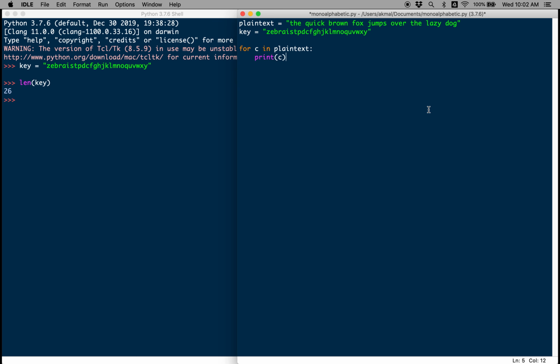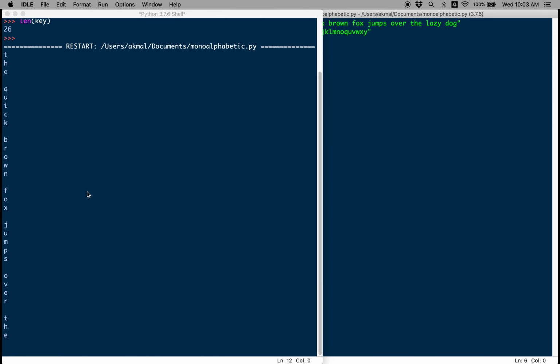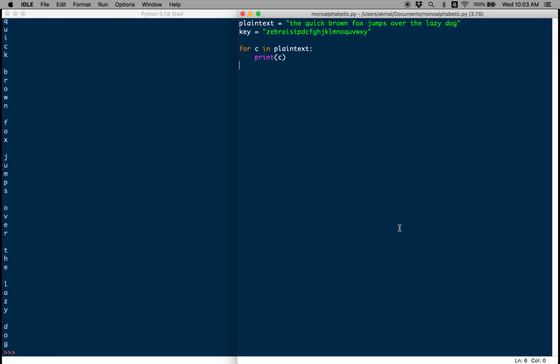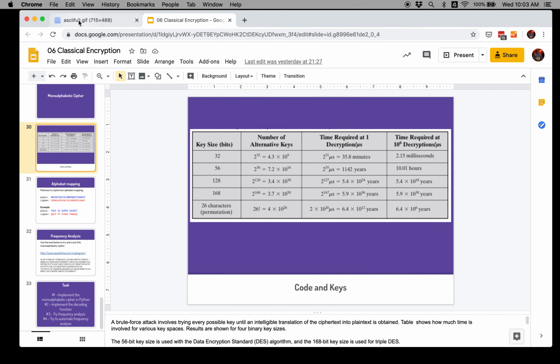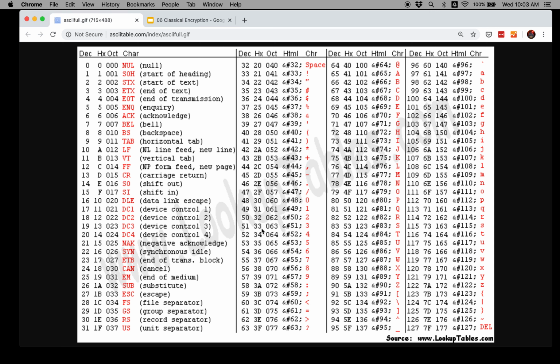I'm going to print the letter C, and I'm going to run it so you can see what happens. Right, the quick brown fox jumps over the lazy dog. Now we want to convert the letter into a numerical representation so that we can do operations on it. And we know that these are ASCII letters, which means that they are actually represented by a